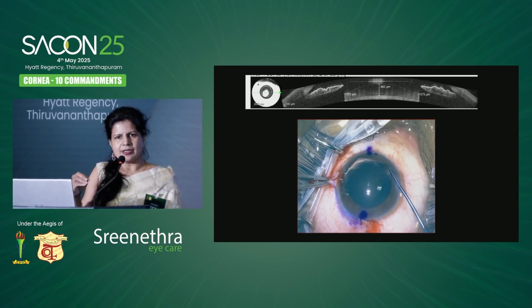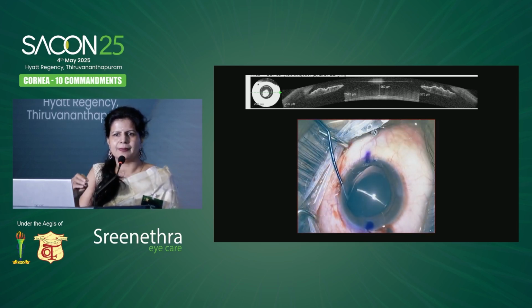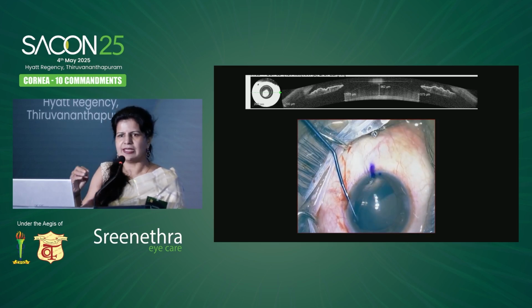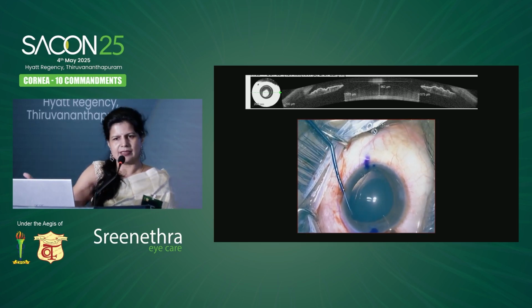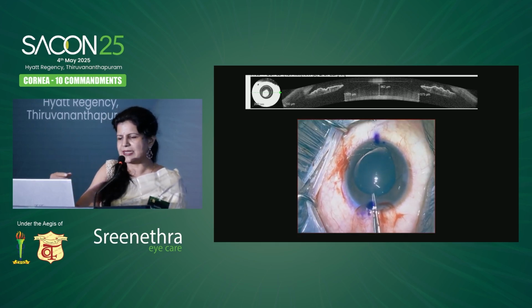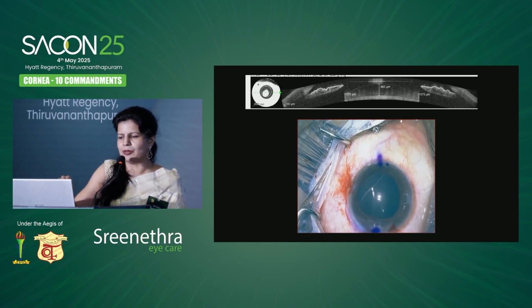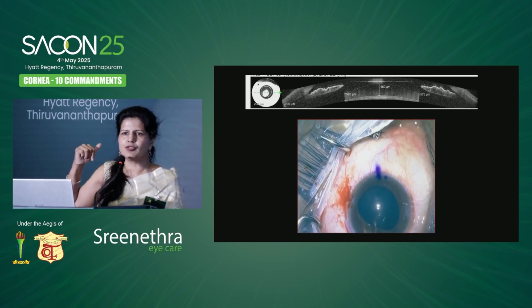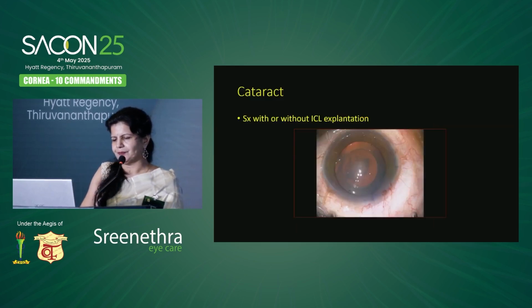Now, explantation involves some maneuvering, but this is a very gentle, pliable lens because of which that leaves no sequelae. Just as you tucked it into the sulcus, it can be taken out of the sulcus one haptic at a time, and once all four haptics are outside, you can gently pull the lens out through the same 3 millimeter incision that you inserted it with.